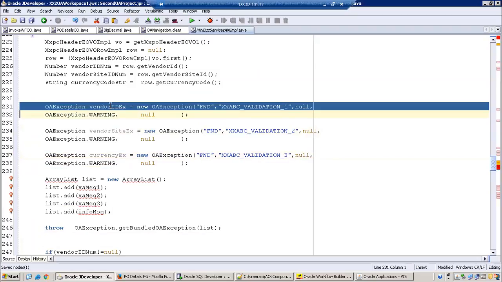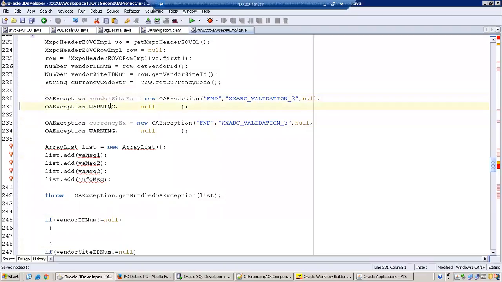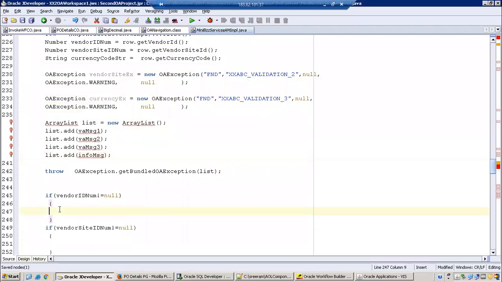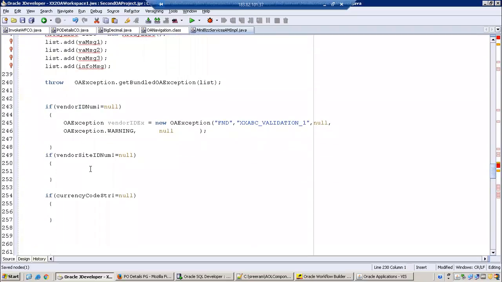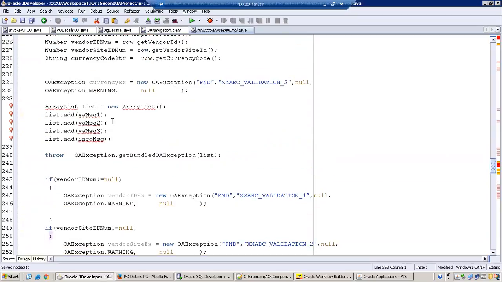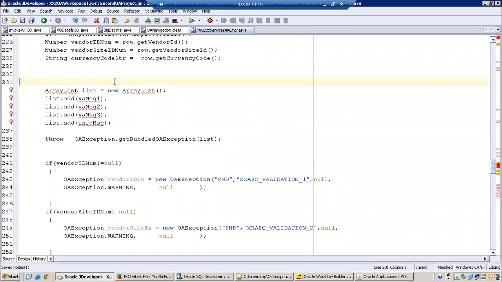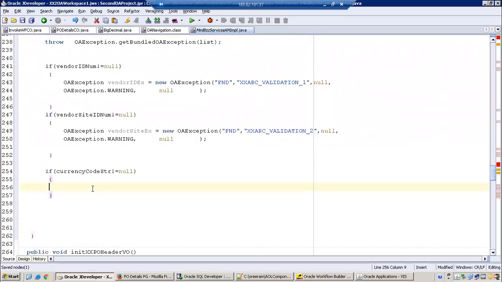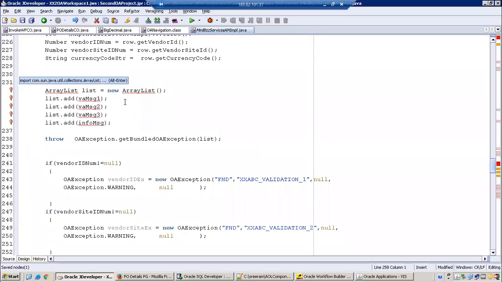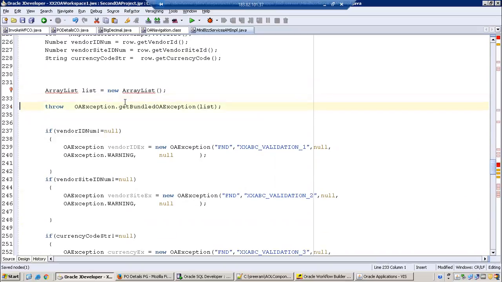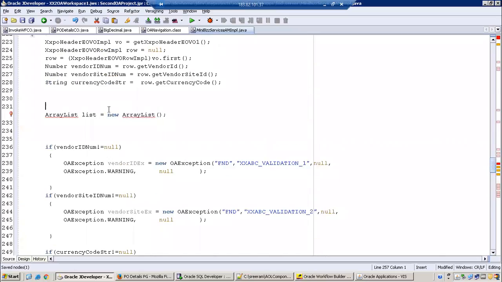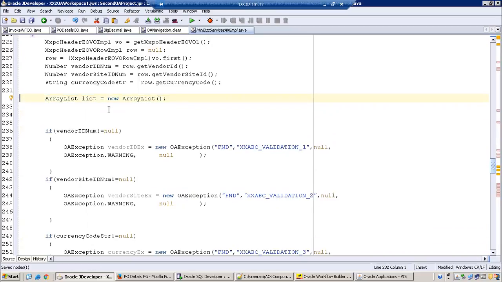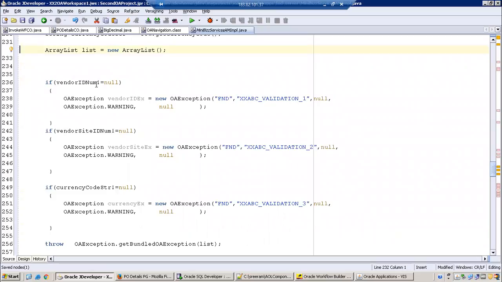So now whenever the user has a vendor ID exception, I'll call this one, for the vendor site I'll call this one, and for currency I'll call here.